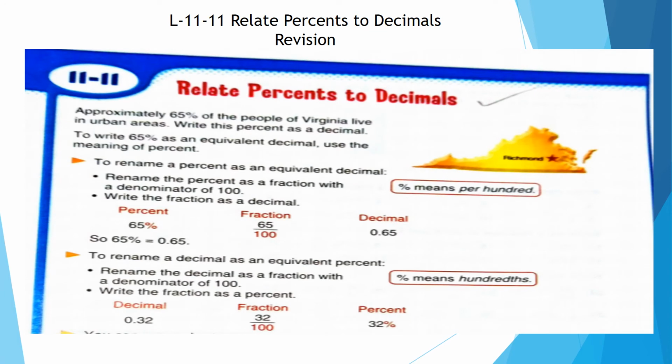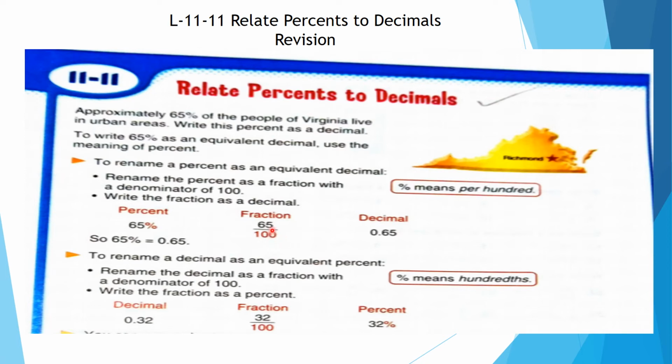Now, chapter 11 and lesson 11. In this one, you can see relate percent to decimal. That means percent to decimal. How to write? Then percent, for example, 65%. Then what is the meaning? 65 by 100. And you know,